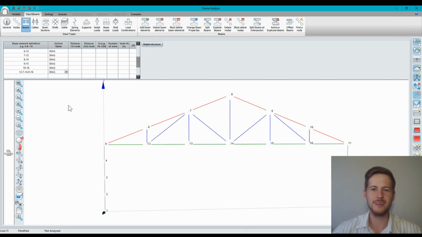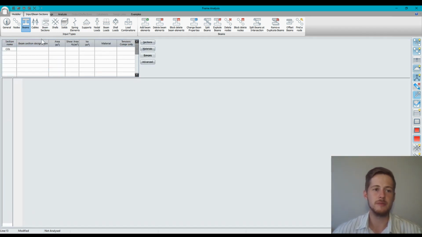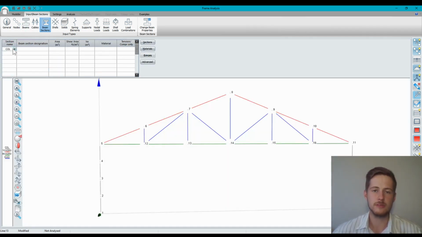Alright, so why we named these members is because it's very important when you want to do your beam sections. So when we go to beam sections, you'll see columns is the first option. Then we just add the rest of our names. And what we're going to do now is specify, for each of these types of beam sections,